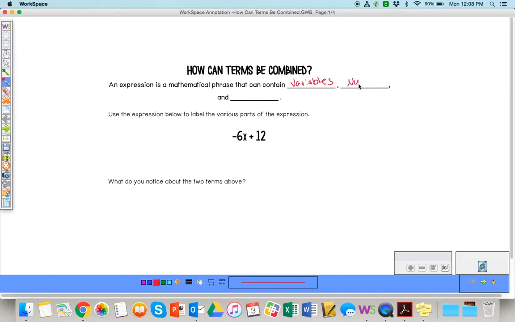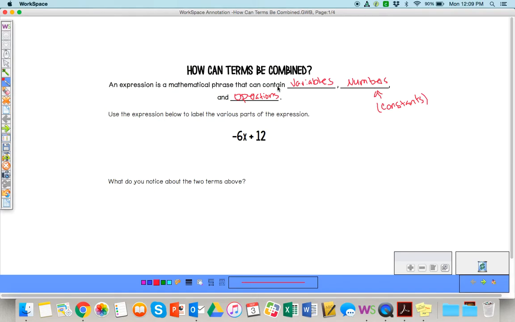okay, numbers, okay. So these numbers, most of the time we call them constants. Sometimes we call them coefficients. We'll talk about the difference in a second. And operations. So the difference between an expression and an equation is an expression does not have an equal sign with it. There's no answer to the problem. It's just some numbers and some letters in an operation, and we get it to where it's as simple as